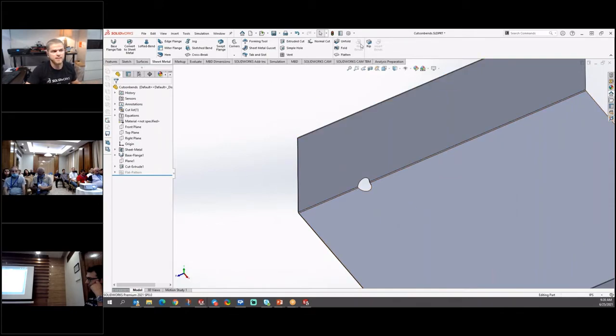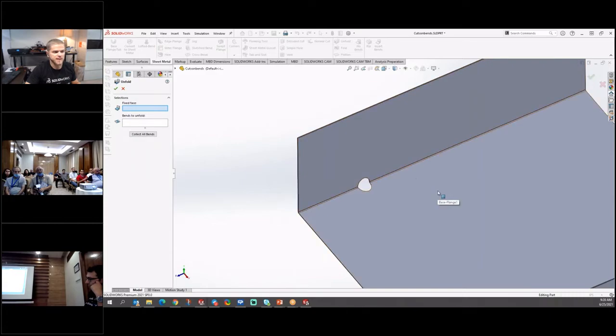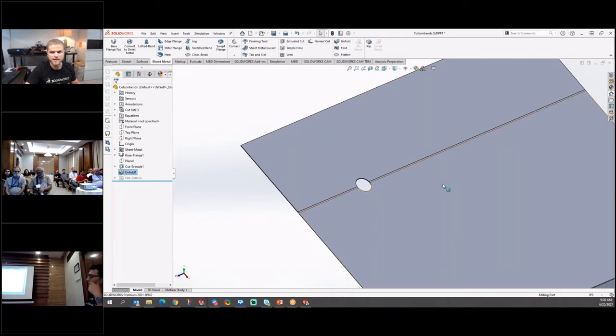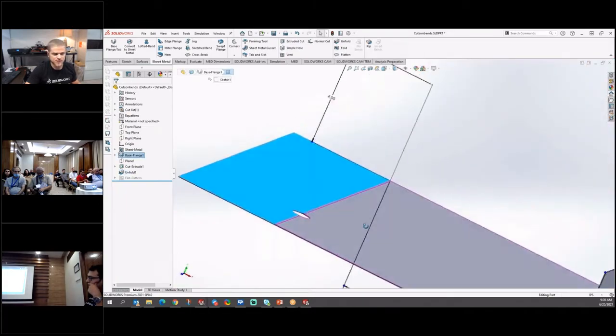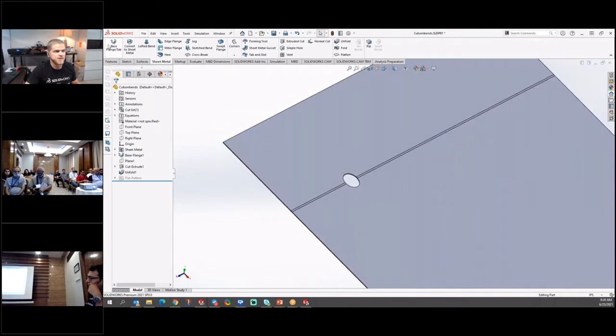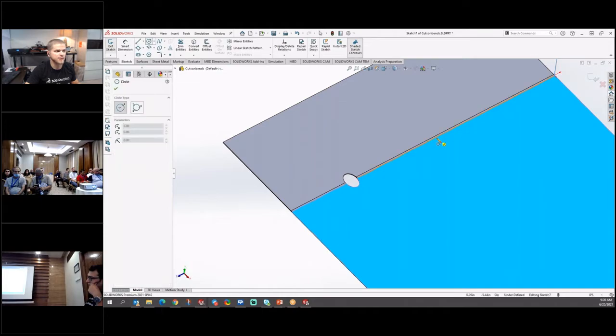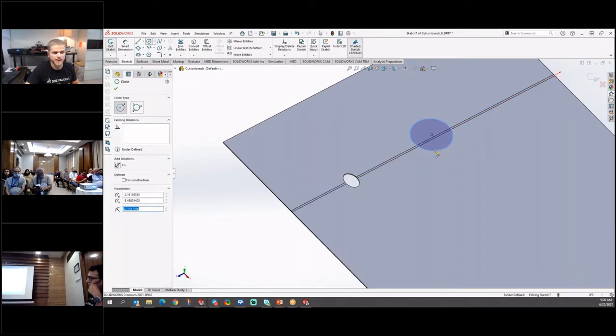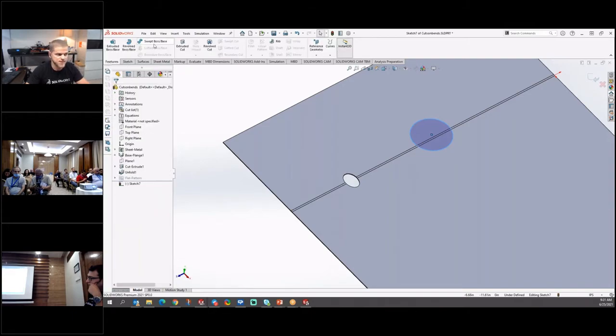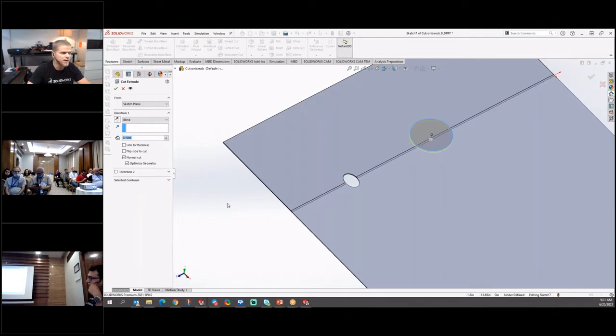So there's a cool little trick to know about sheet metal, and it's called unfold and fold. If I choose unfold here, it allows me to pick a fixed face, and I'm going to unfold this edge and hit green check to complete that. So it unfolded those two temporarily and flattened them out. Now if I do a sketch on this face and do a cut across that bent area, it really doesn't matter what the cut is, I'm just doing a quick cut across that face to show an example.